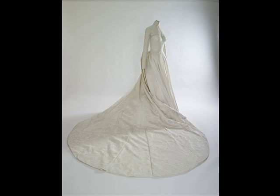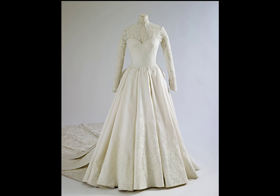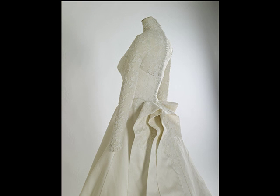Various toiles were made and tried and fitted and pinned and adjusted. Once the shape had been agreed, panels were cut, a pattern if you like, in tracing paper. The laces were selected. There are 6 different laces involved, and elements from the lace were taken and cut out, laid on the panels of the pattern. These panels were then copied, laid on the toile to make sure that the design worked, that everything was mirrored and perfectly engineered around the Duchess's body so that the bodice is beautifully fitted, everything matches, each panel is mirrored